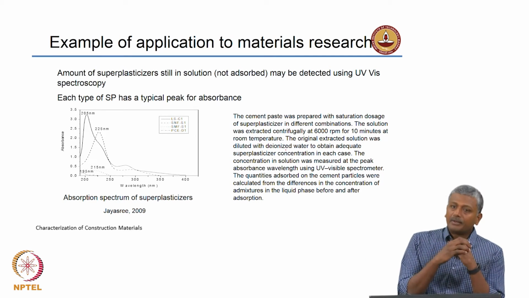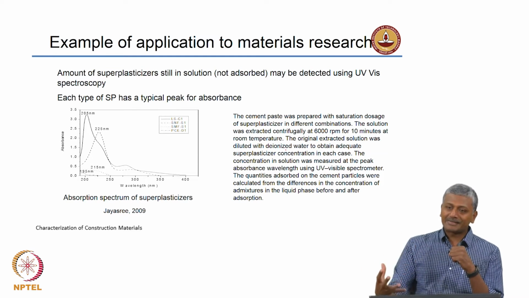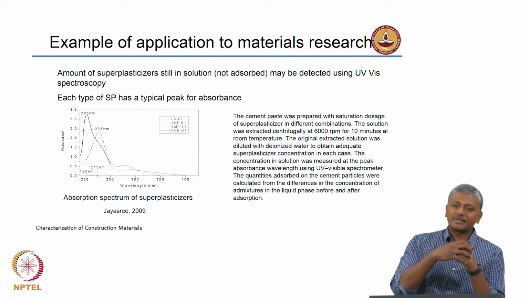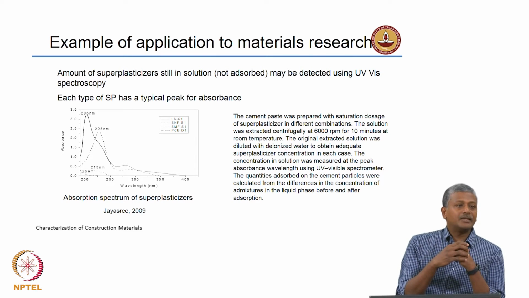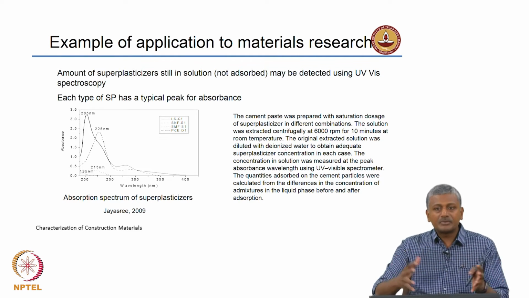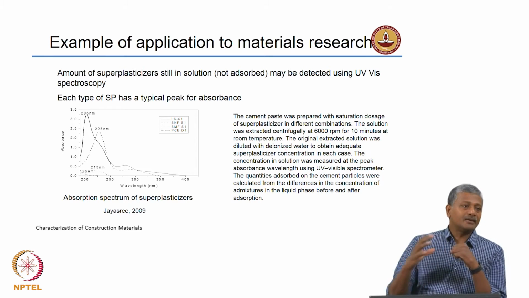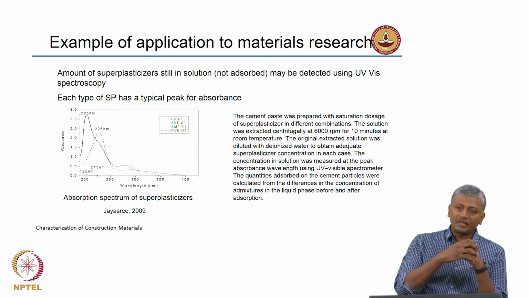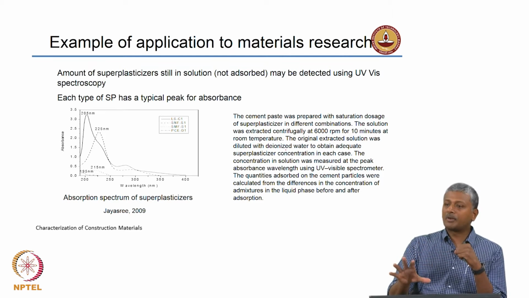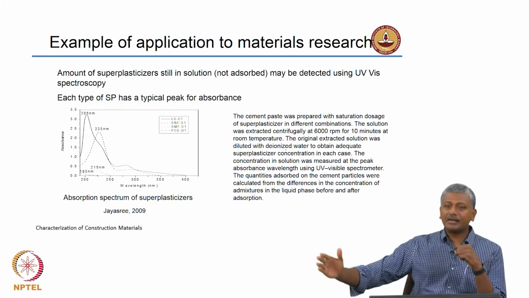Now if all the superplasticizer that you add into the concrete gets adsorbed on the cement particle surface in the beginning itself, then there will be a rapid drop in the tendency of the superplasticizer to disperse the particles. So what we want ideally is a system where some portion gets adsorbed in the beginning, while a part of the superplasticizer remains in the solution and gets adsorbed at later stages.